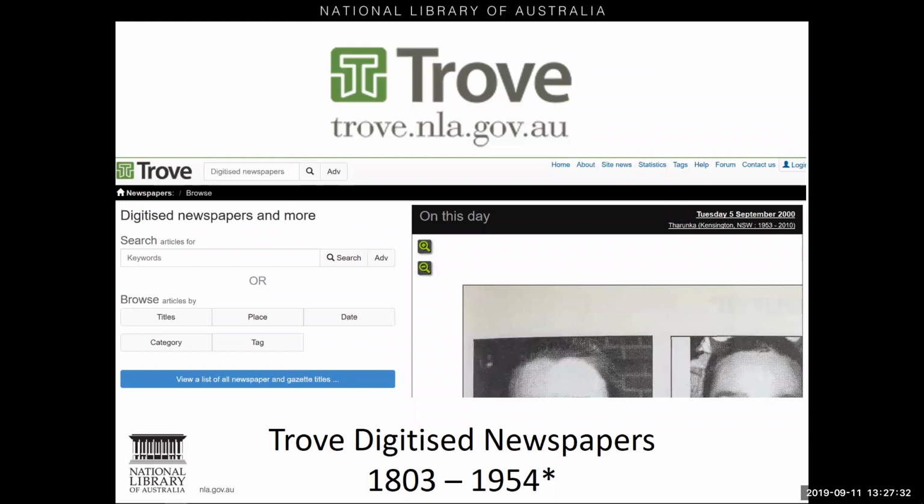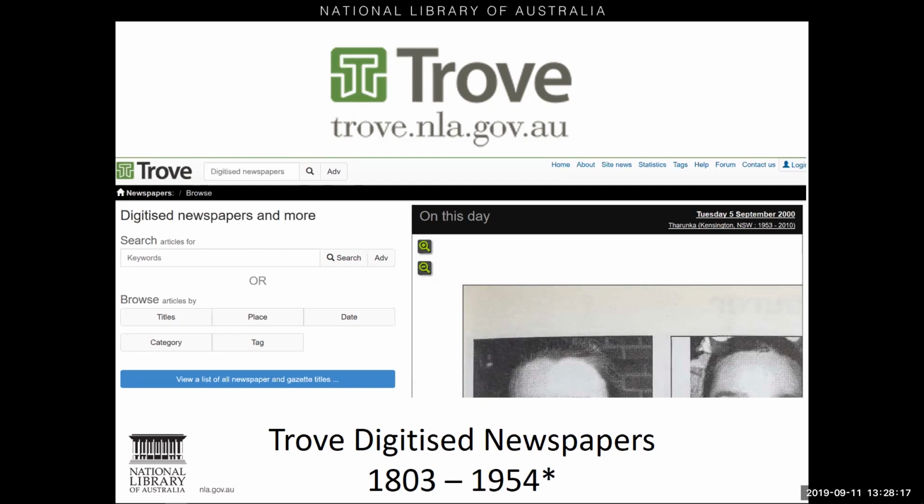So most of you are very familiar with Trove. For those who don't know, it's a site that collates library and institution collections from around Australia, providing a central site to search. And its most popular content zone is its digitised newspapers, where you can search Australian newspapers from 1803 to 1954. The 1954 date is due to copyright, as newspapers published post-1955 are within copyright and have not been made available. There are a few newspapers available post-1955 in Trove, such as the Canberra Times, where we've been given specific copyright permission to upload, but there are only a few exceptions to this.